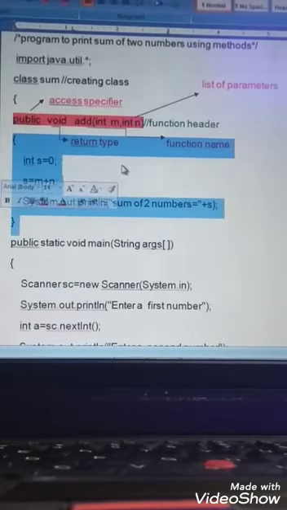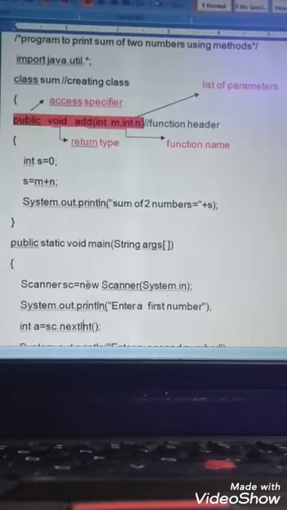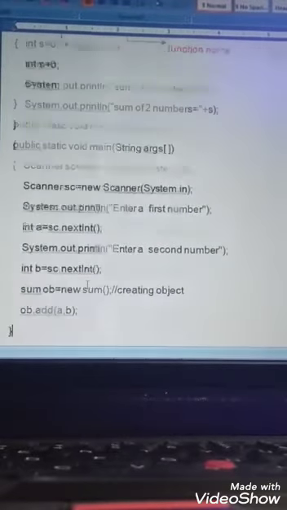In this we are just finding the sum of two numbers. Here m and n are passed as the parameters, we find the sum, and we display the result. Then in public static void main, we enter the numbers, and using a function call we call the method. Let's see how we are going to do this.